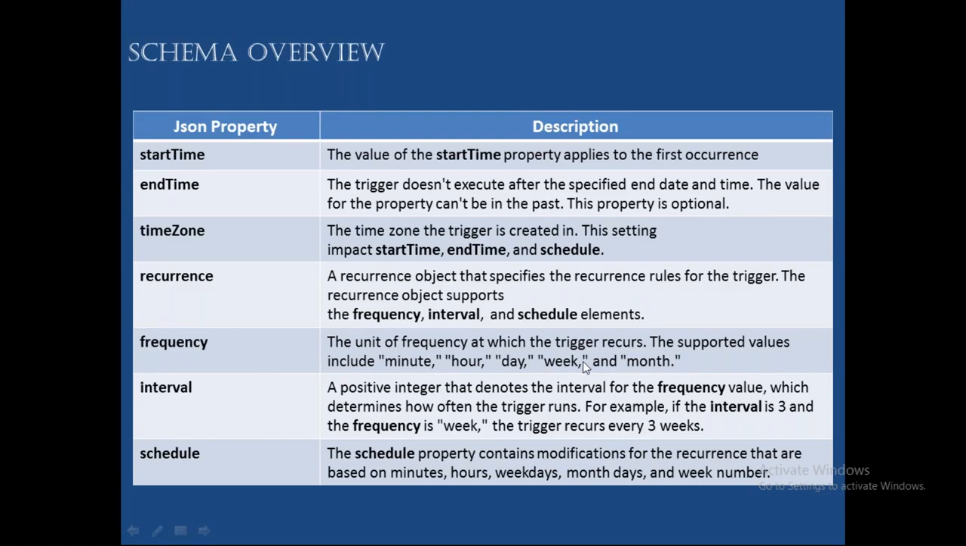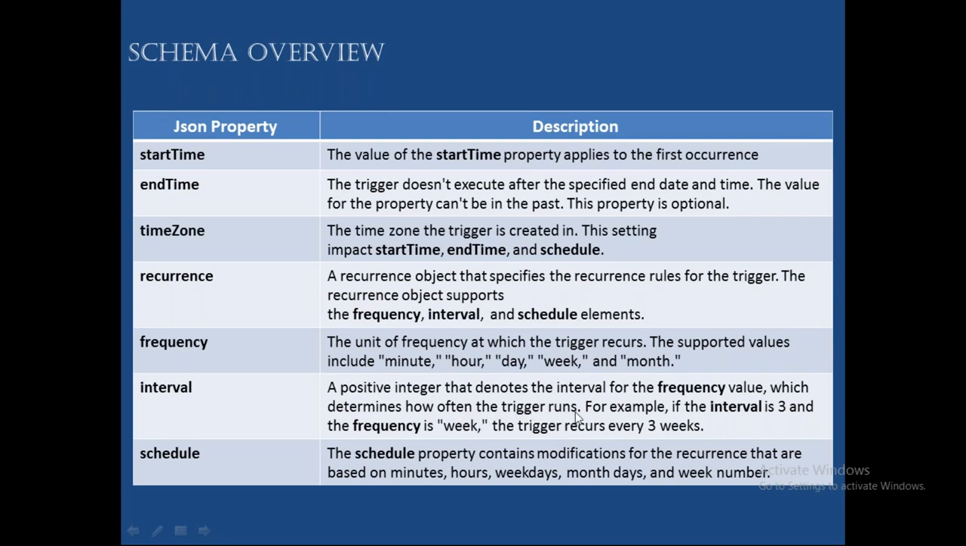Then every 3 weeks it will run. Understood? Maybe this Sunday it ran. Next Sunday it will not run again. On the third week, the third Sunday, it will run again. Okay, understood. Next. So you can see here a positive integer that denotes the interval of the frequency value, which